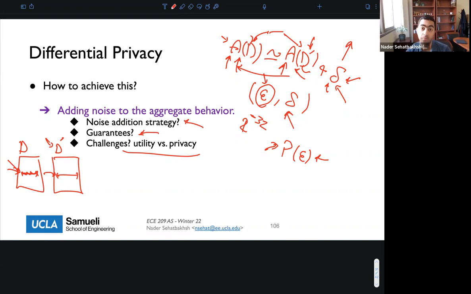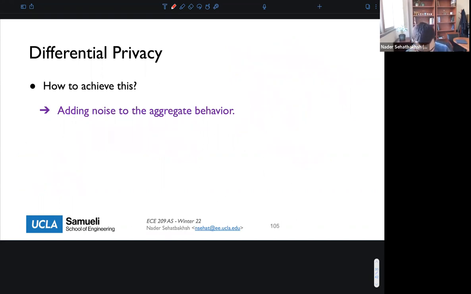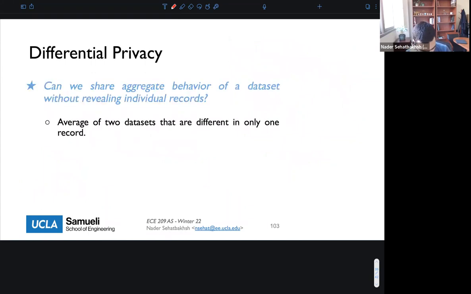But on the other hand, the privacy will increase, right? And then if you want to increase the accuracy, then the privacy will decrease. So there's this trade-off between utility and privacy that needs to be dealt with in differential privacy. So that's the biggest challenge. Again, differential privacy is also an ongoing research, and people are trying to see what are the best ways